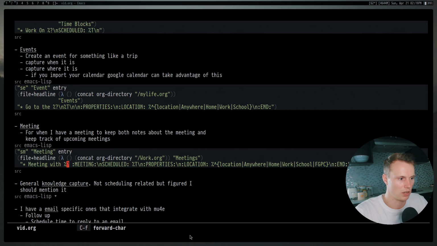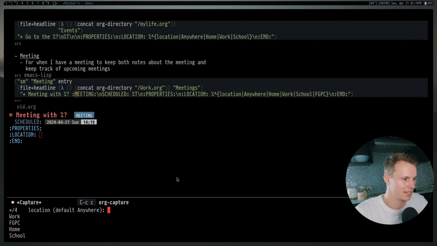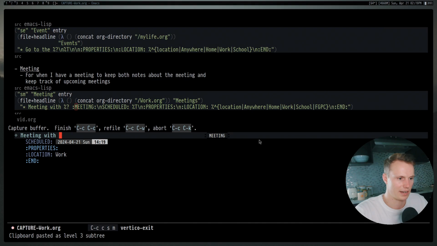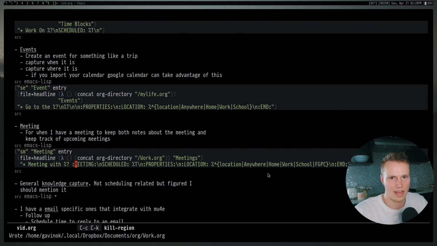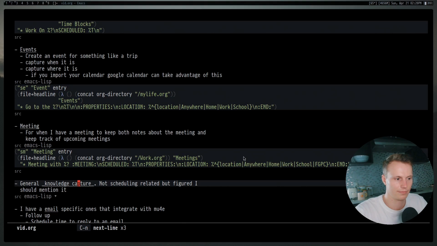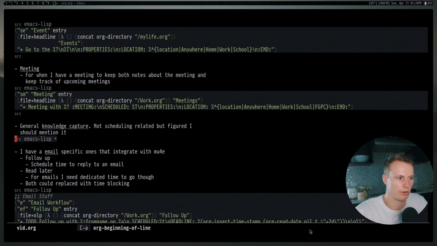These ones are actually time blocked, but they say where the event is happening as well as having, usually, some small extra features, but not really in this case. So Control C, schedule meeting, work, and then it's meeting with, and it tags it as a meeting, which can be useful for my notes. Usually I add extra stuff in here, for example a link to the Zoom link if it's on Zoom, or Teams if we're using Microsoft Teams, that sort of stuff. Now we're going to go ahead and cancel that because I don't really have any desire to add a new meeting to my agenda. Now you want a general knowledge capture.